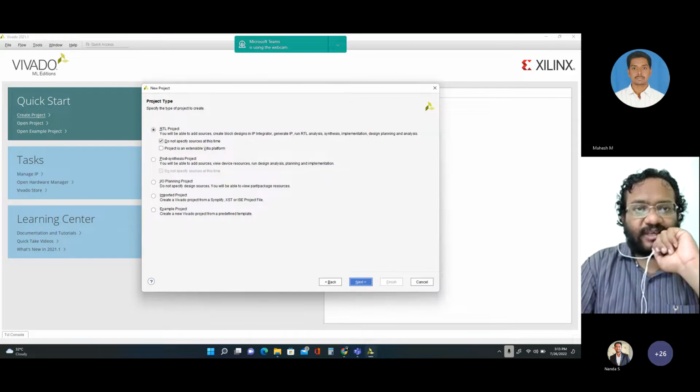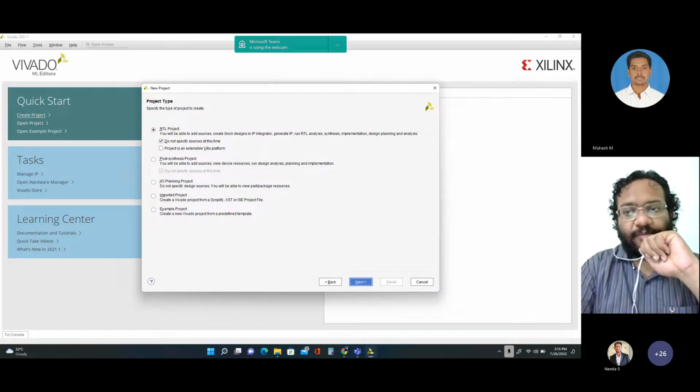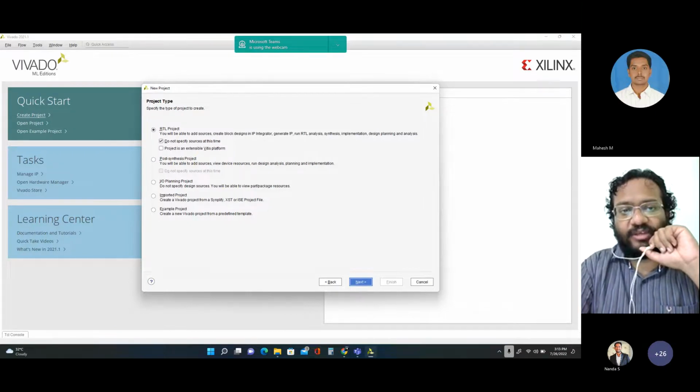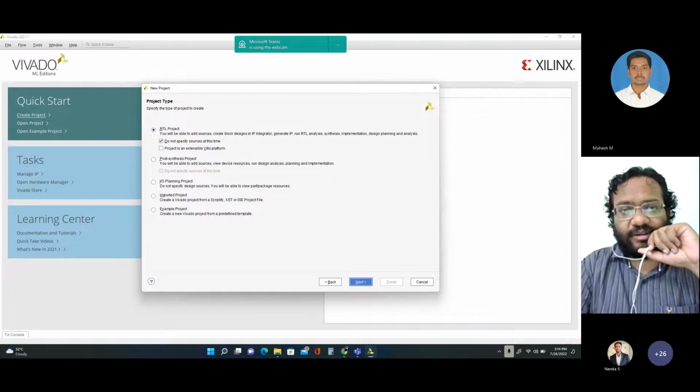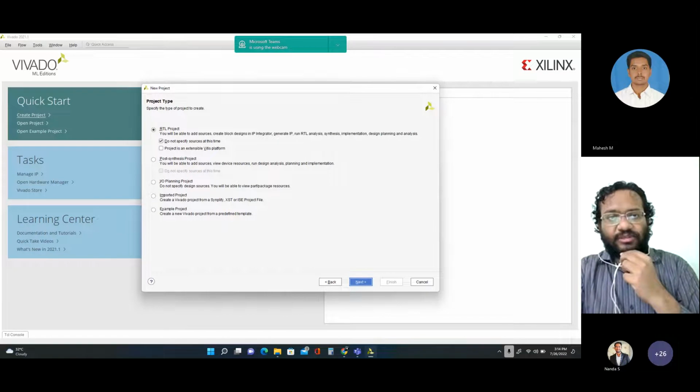And here it is asking you what is the project type that you are going to do. So by default it is selected to RTL project. Don't bother about other types of projects, that is not our interest. We are basically interested only in RTL project, so make sure that RTL project is enabled. Under the RTL project,